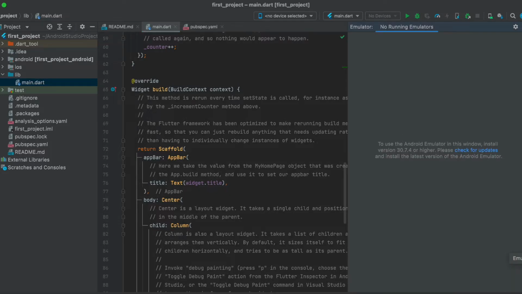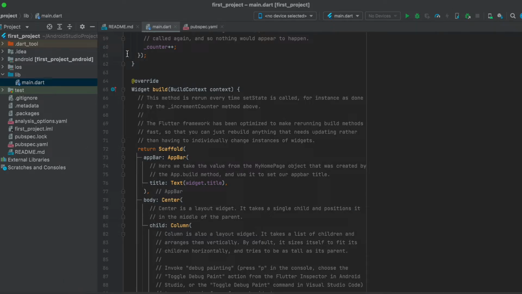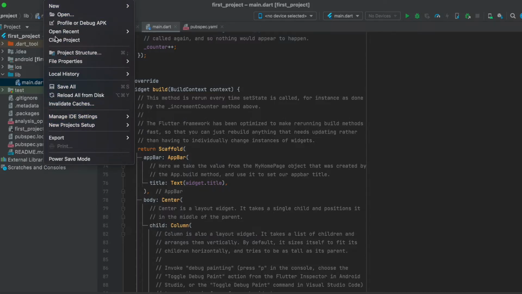This is the Emulator tab. If you have any emulator connected for Android Studio, it will show over here, right? And this is the Device File Explorer. If you connect any physical device, then all the files will be shown over here. Okay, then you can go to the File section, and here all the options will be available for you